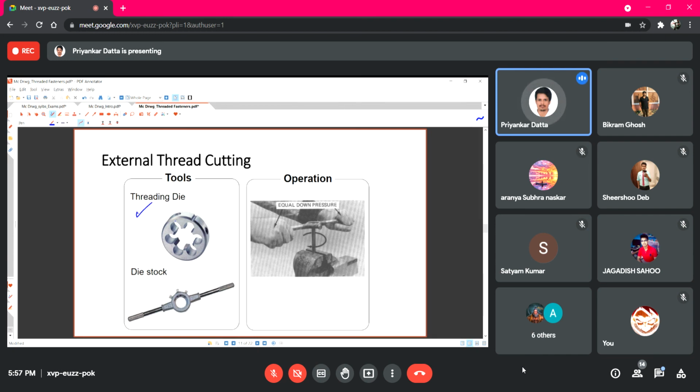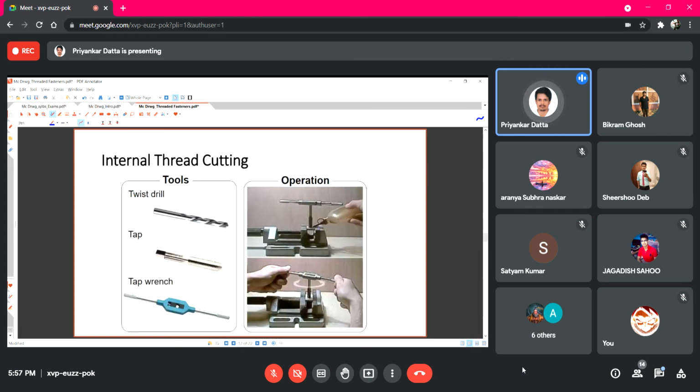I think you were shown this in your fitter shop demonstration video, that the outside threads are cut. This part is a cylindrical component fixed inside the vise, and on the die stock this die is placed. Here on these surfaces some teeth are made, which when rotated over the cylindrical part, the thread profile is created outside the cylindrical component to make external threads.